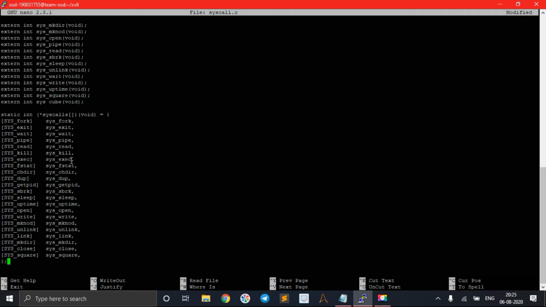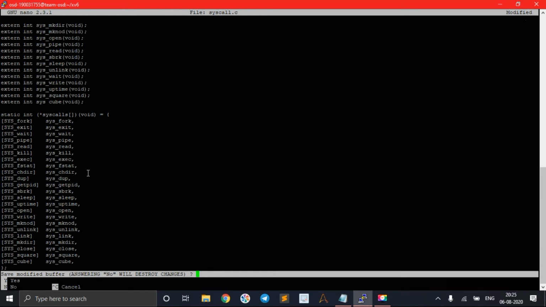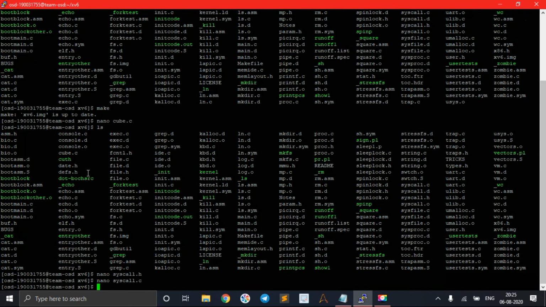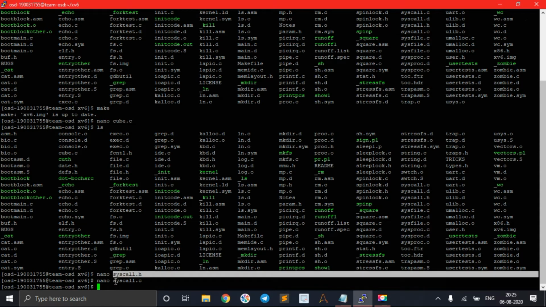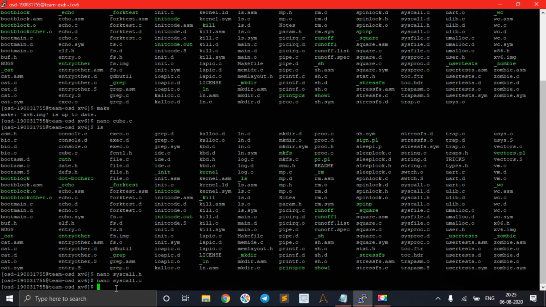So static entries are here, just like the above entry we are having for square, now cube. So sys underscore cube. So the work with this file is completed, so I am leaving this, Ctrl X, Y and enter. So we have worked with the cube.c file, syscall.h file, syscall.c file. Next we have to work with the next file.